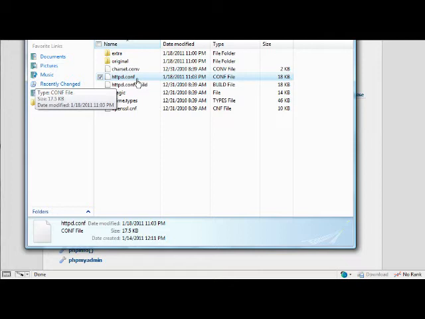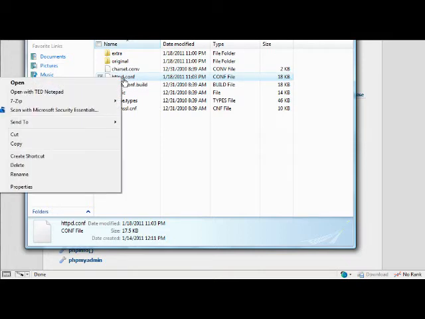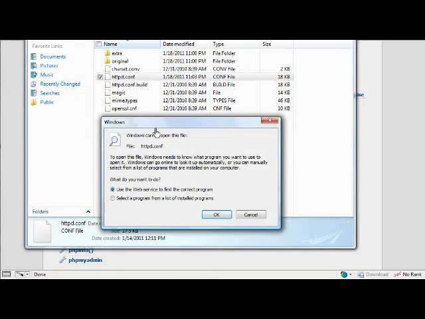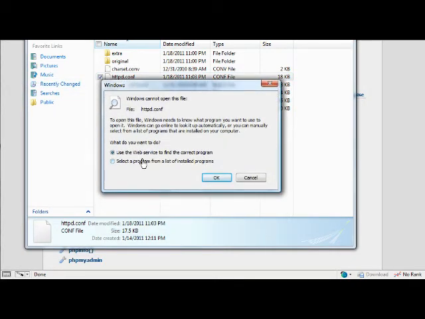HTTPD config. So what we're going to do is right click on it. If you do not have, like, TED Notepad installed or something like that, it doesn't know what to do with the file at this point. So what you can do is a plain old open, and you're going to get something like this. What do you want me to do? So select a program from the list, do an OK,